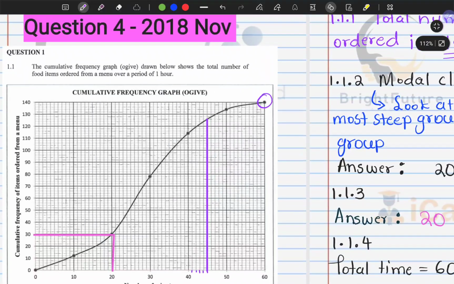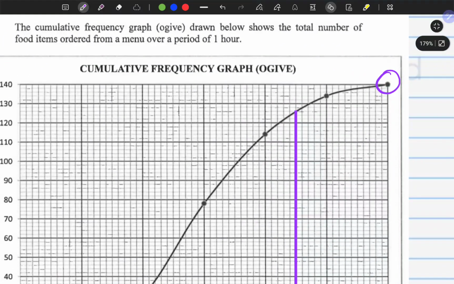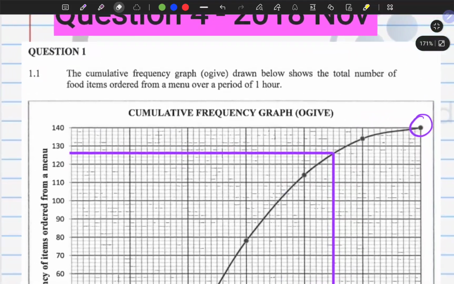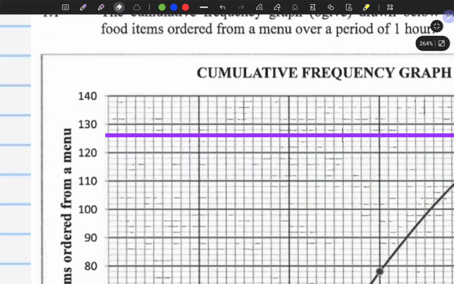Then what I can do is trace it this side like that. Okay, so now if you observe carefully, we can do a reading for what is happening here,